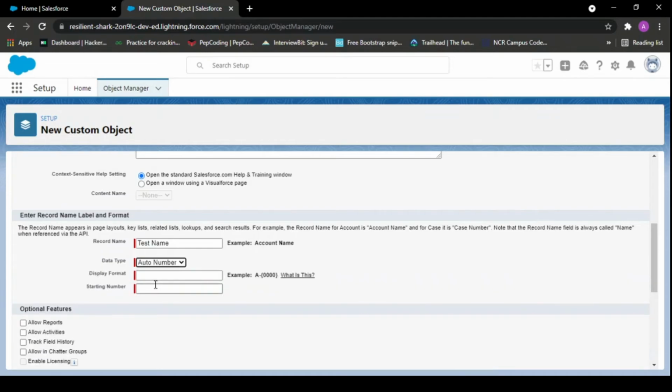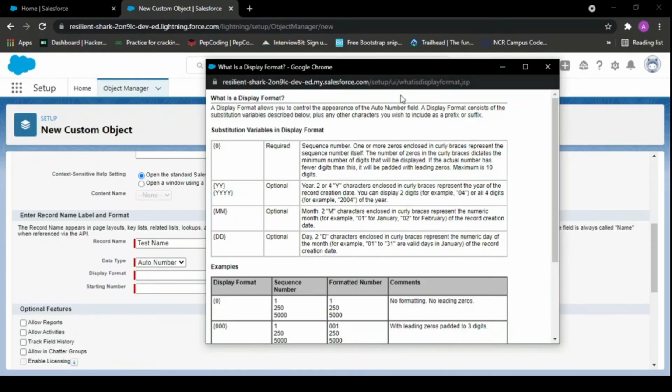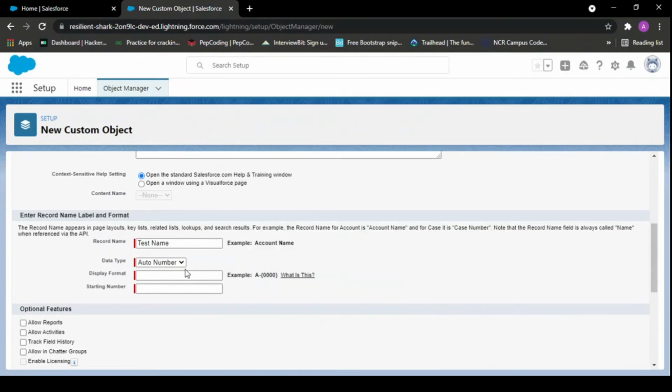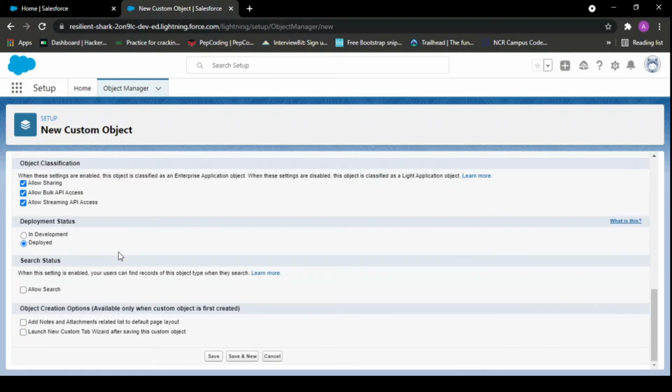Auto number is like auto increment in database terms. And this is the display format, which you can choose from a number of displays, like date-wise, month, year, month, day. For now I'm keeping it as text. We will learn this after some time, when you are familiar with objects. For now just leave this.